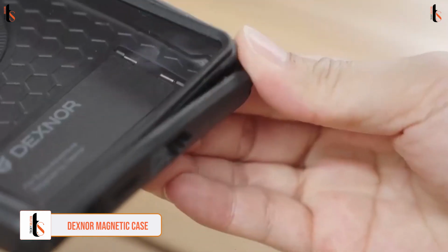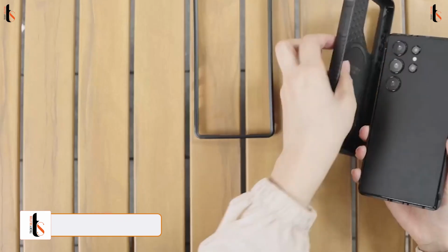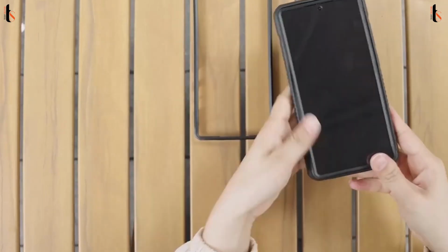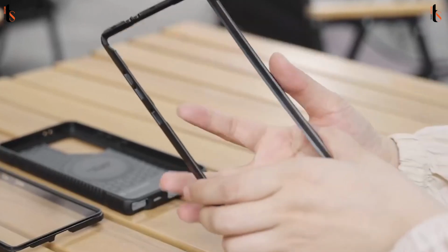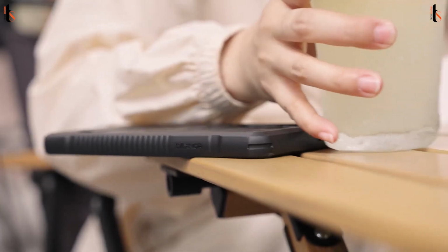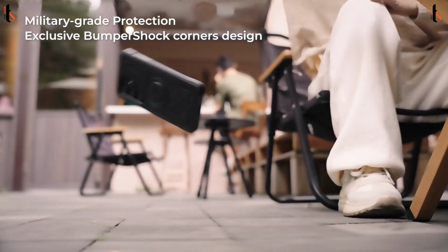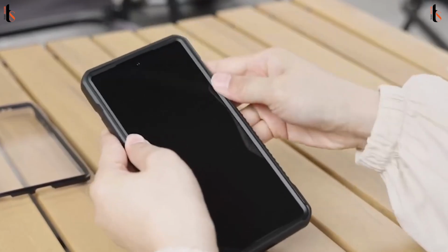Introducing the Dexter magnetic case for the Samsung Galaxy S24 Ultra, a full-body protective cover built for durability and convenience. With two front frames, including a built-in screen protector, it shields against scratches, spills, and dust. The rugged bumper, shockproof design, and military protection ensure your device stays safe from drops and bumps, while the anti-slip